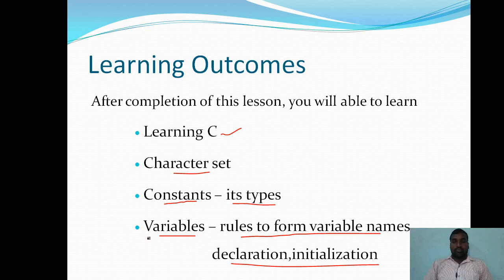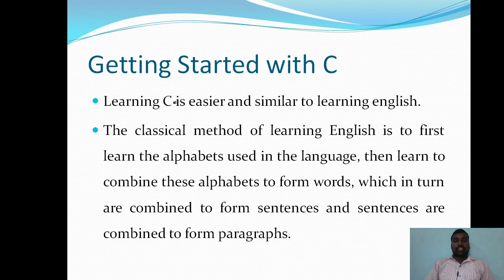After completion of this session, a student must have a full knowledge of what variables are and the different kinds of variables, and how to write the names of the variables. While writing the names, what are the rules to be considered. At the same time, what a constant is, the different types of constants, and the rules for forming those kinds of constants. We are concentrating a little bit more on these constants and variables. Now, let us start with C.